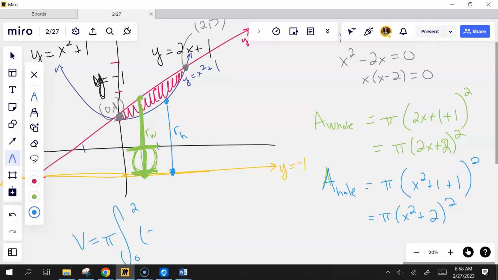The whole hole minus the little bitty hole. I know that we're fixing to have to go for Miss Horton, but let me just save